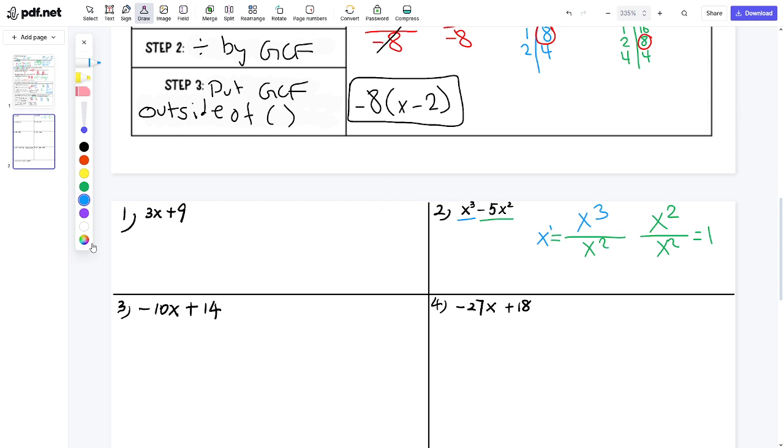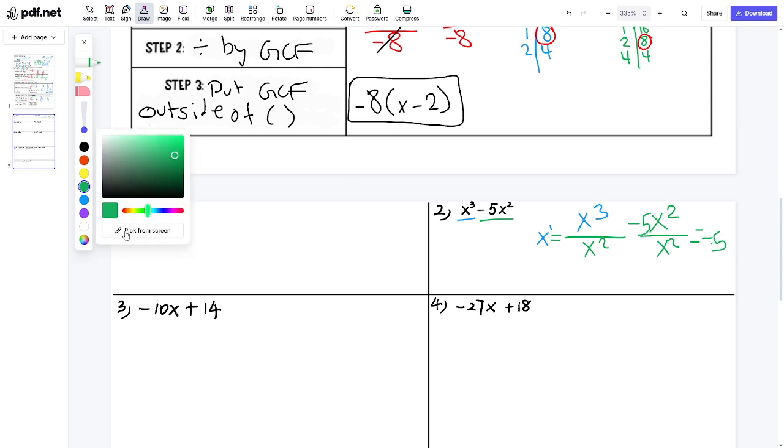So we're going to do that now. To make it a little bit clearer, let me rewrite this. I'm saying x squared divided by x squared is 1, right? Well, what if it's negative 5x squared? The x squared and x squared cancel out, and this becomes negative 5. So our new GCF here is going to be x squared, because x squared is all we can take out of both of them,